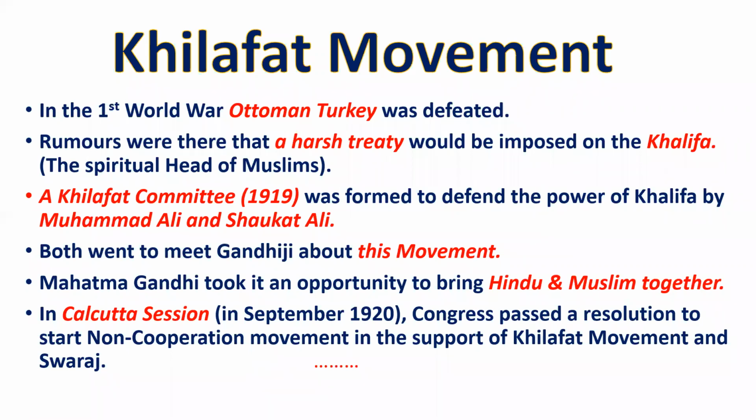तो कलकत्ता के अंदर in September 1920, Congress passed a regulation to start the non-cooperation movement in support of the Khilafat movement and Swaraj. अब यहाँ पर कलकत्ता सेशन के अंदर कांग्रेस में डिसाइड किया जाता है कि अब वो नॉन कॉपरेशन मूवमेंट स्टार्ट करेंगे, जिसके अंदर वो खिलाफत मूवमेंट को सपोर्ट करेंगे और स्वराज को प्राप्त करने की बात करेंगे, क्योंकि उनको अपॉर्चुनिटी मिल चुकी है कि हिंदू और मुसलमान यहाँ पर इकट्ठा होकर प्रोटेस्ट करेंगे, ठीक है। सो सितंबर 1920 के अंदर कलकत्ता सेशन के अंदर ये बात डिसाइड कर ली जाती है, ठीक है स्टूडेंट्स।